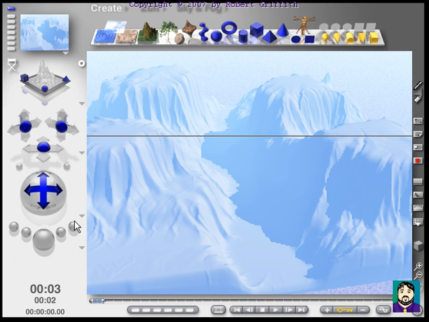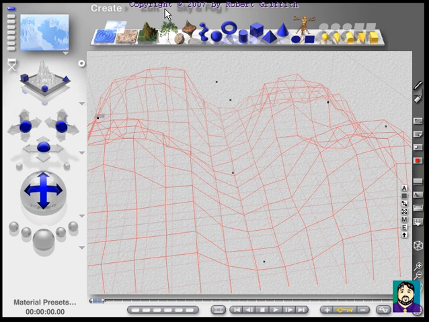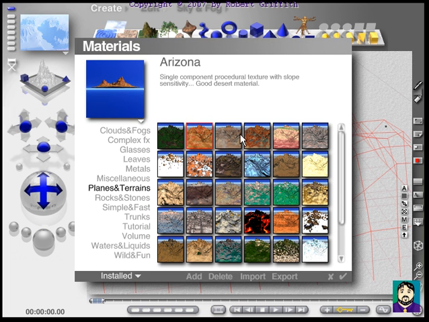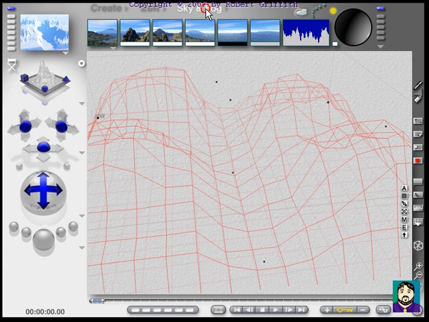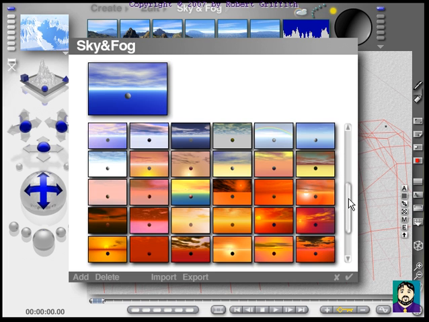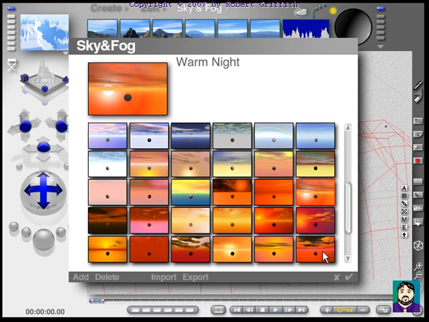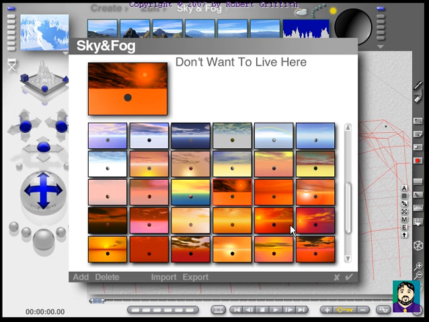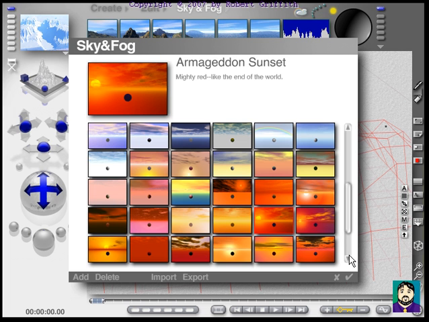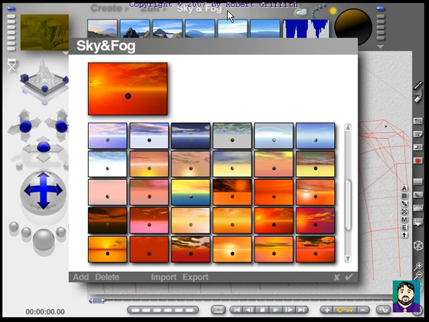What I want to do now is edit my texture, so it either looks like Arizona or maybe wind blasted rock. And I want to change my sky so that it looks desert-y, if that's even a word. Don't want to live here, warm night, golden sunset. And really the colors that come along with this really affect your scene. Like that one you wouldn't expect to be kind of green. So I'm going to try to pick a different one, warm night. And now if I view it,